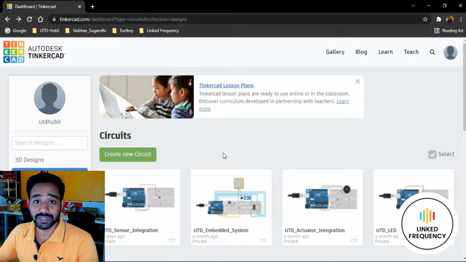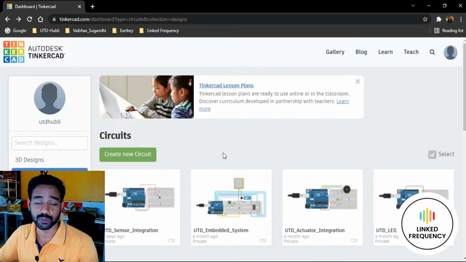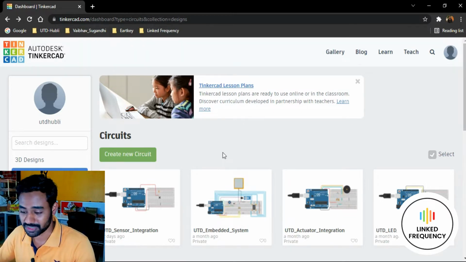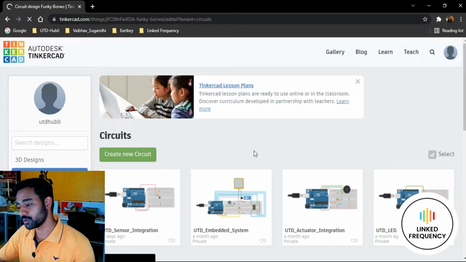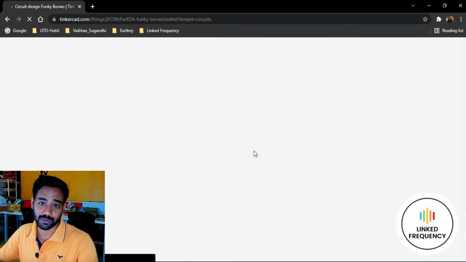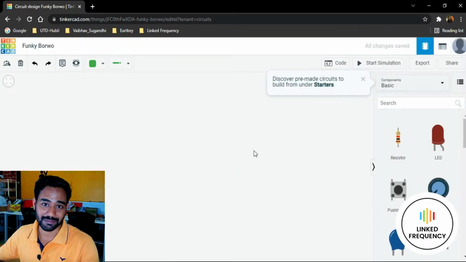Now what I'm trying to do in this tutorial is show you the different components, sensors, actuators, development boards and controllers available on this platform, so that you can execute your project without depending on these tutorials. Now I am going to click on create new circuit, where we are going to start building our own circuit, tinkering with it and organizing components.